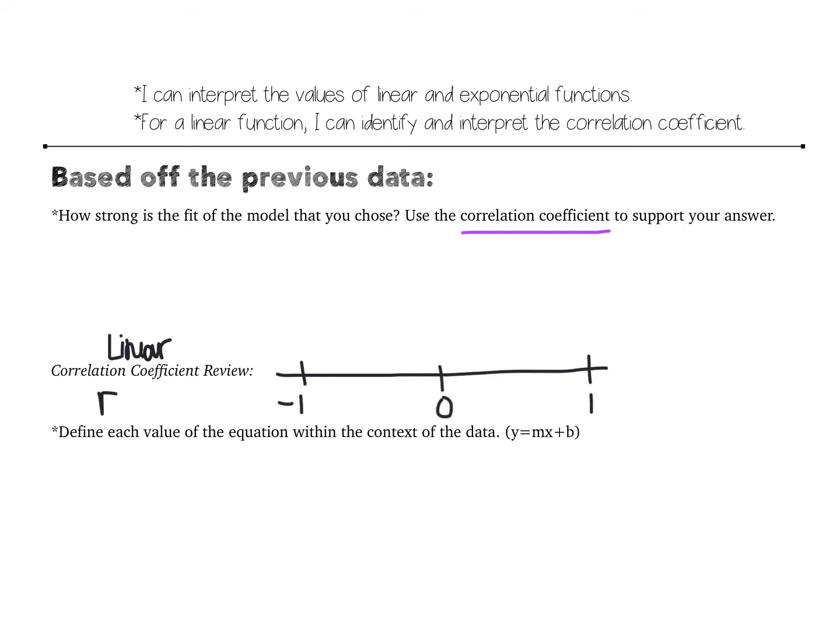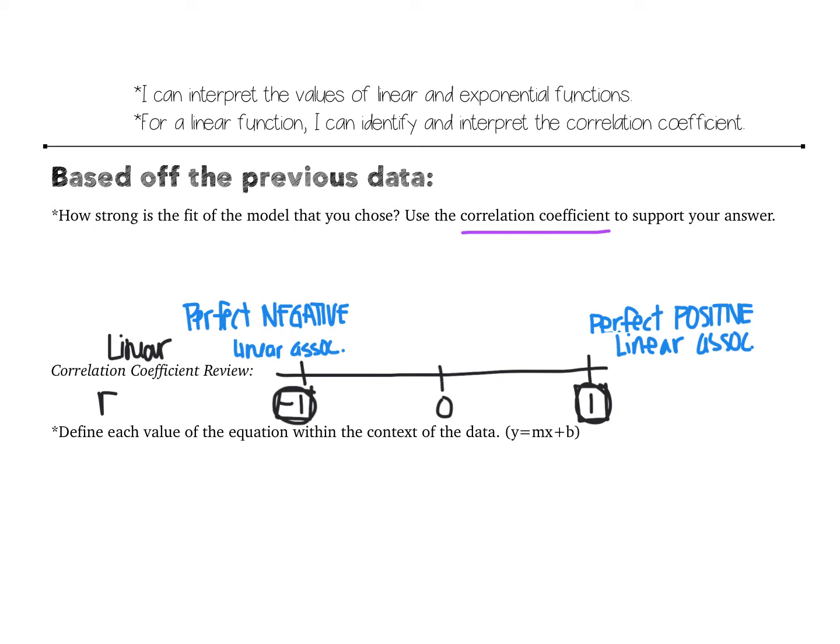The R value is going to go anywhere between -1 and 1, and the closer it gets to 1, whether negative or positive, the stronger the relationship. So we call 1 perfect positive linear association, and we call -1 perfect negative linear association, just meaning that -1 means the graph is going down, and 1 means the graph is going up. So it has a positive slope, this has a negative slope. And the closer we get to 0, the less association we have. So 0 is really no linear